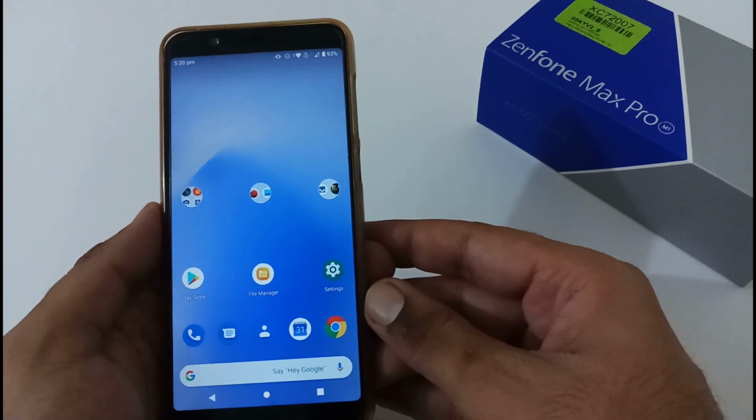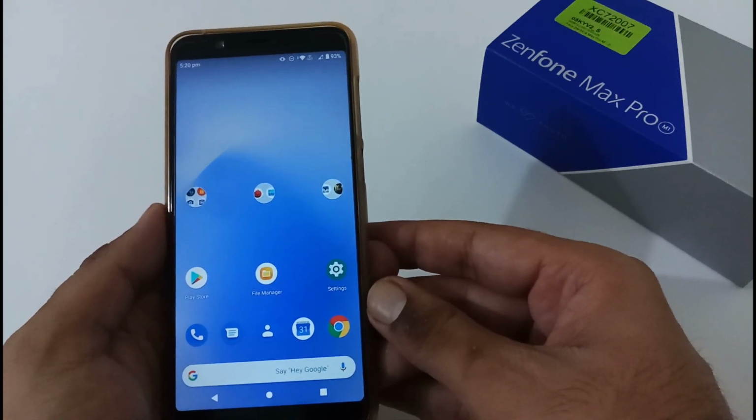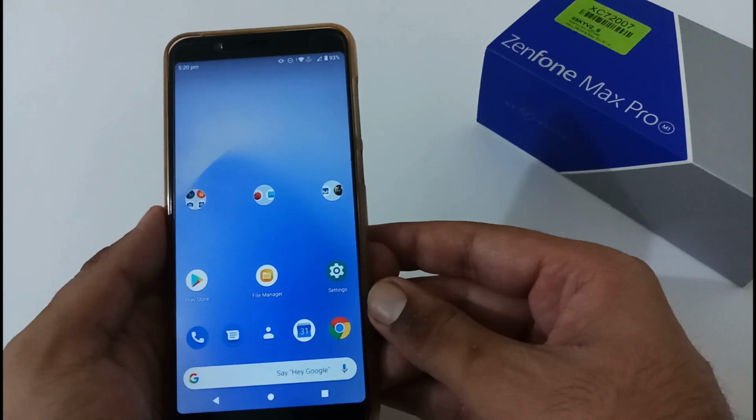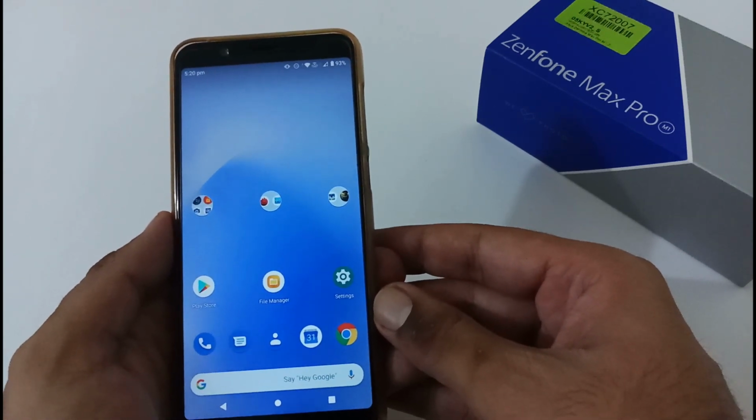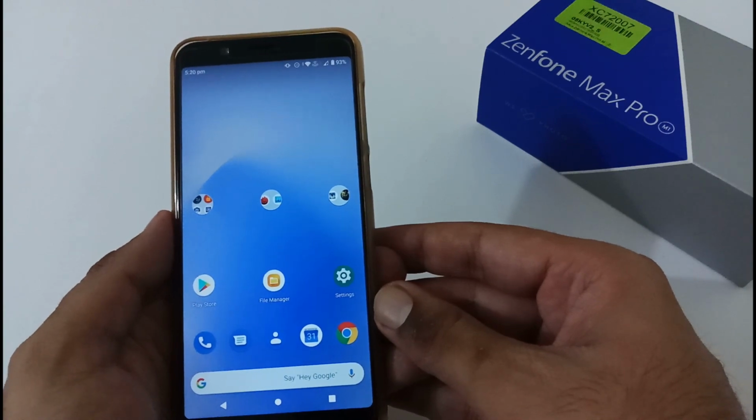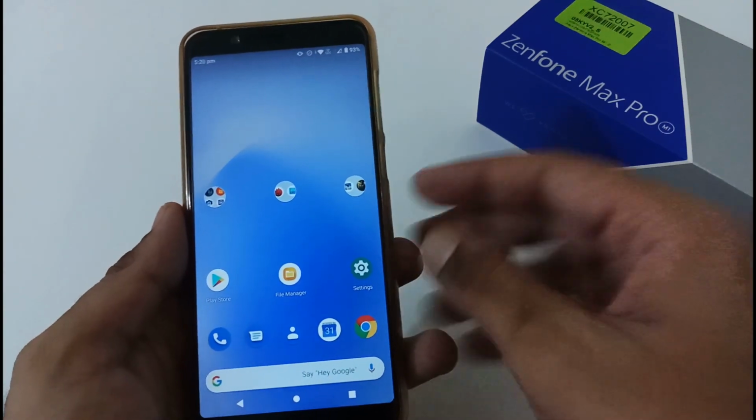We are again back with another video, and this time it's on Asus Zenfone Max Pro M1. In this video, we're going to discuss the difference between the original stock ROM version 429 versus the pre-decrypted stock ROM version 429 by the custom developer Itsamec. So let's begin with that.